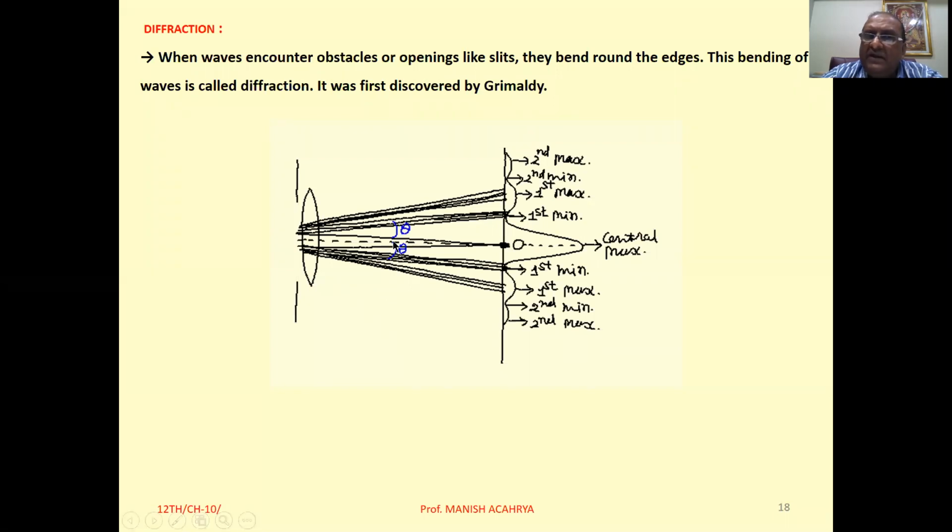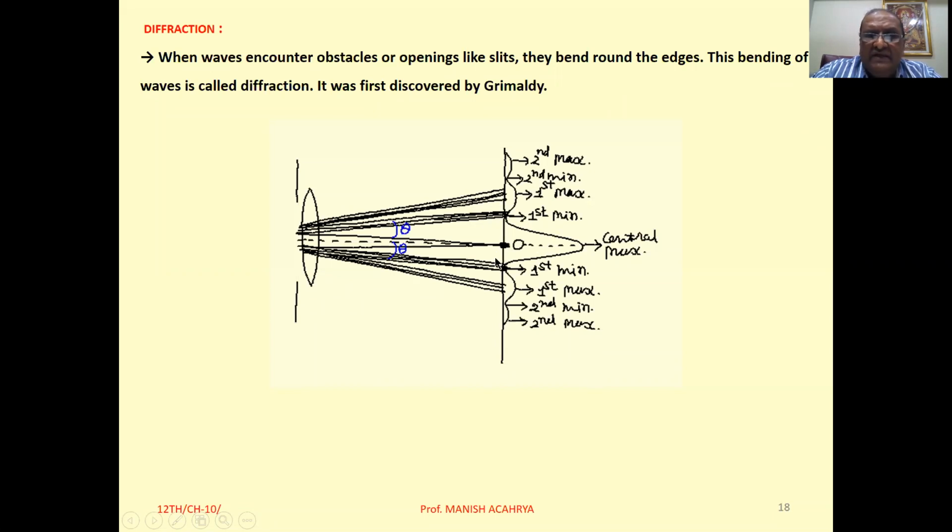Right? So the different waves produced will be deflected, or we can say the bending of different waves will be different, or we can say different waves will be deviated at different angles. Now if we place a convex lens here and focus it on the screen, then we